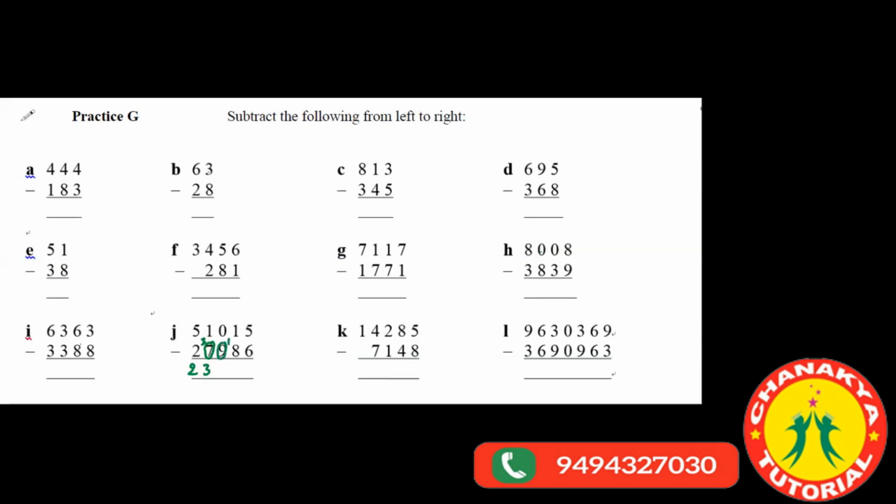1 plus 0 is 1. But the next one is mismatch, so we write it as 0. Good. Then complement of 8 is 2. So we add 2 plus 1, 3. But the next one is mismatch, so we write it as 2. Good. And then complement of 6 is 4. 4 plus 5 is 9. Very good. Super. And Soumya,